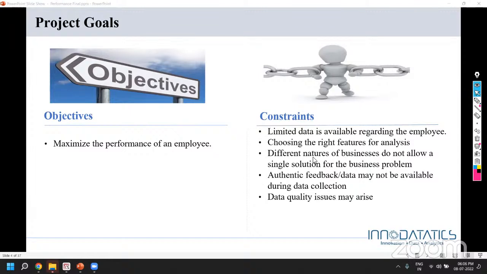The product that we were trying to develop was an approach to generalize the solution for different types of organizations, irrespective of the domains. Though we had targeted the IT companies, we also wanted the product to be generalized for all the other domains as well, like retail, manufacturing, logistics, supply chain, finance, all the domains. But again, the challenge is the nature of these businesses and the way the employees operate in these individual sectors. So finding a common set of variables was another challenge.